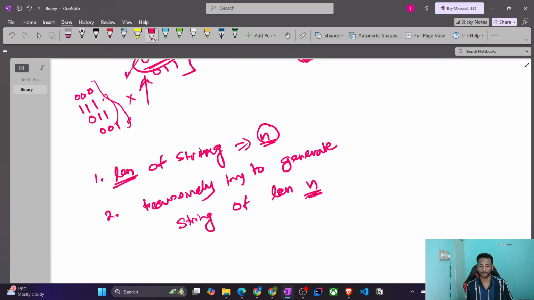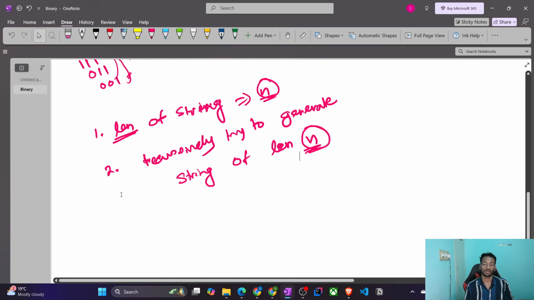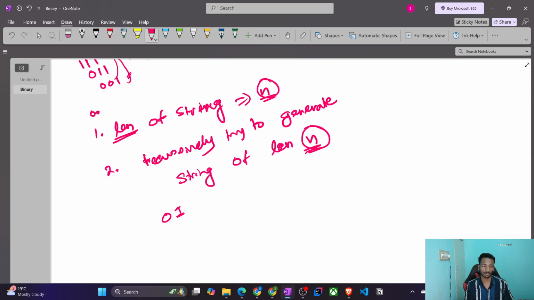So I have to generate all possible strings of length n. Recursively I can generate them, right? First I will start with 0, then I will recursively call next, I will add 1, then again 0, and in this way. The initial step will be to store